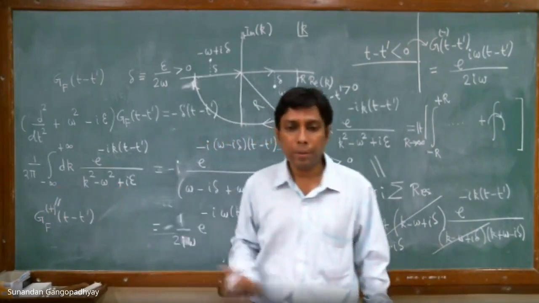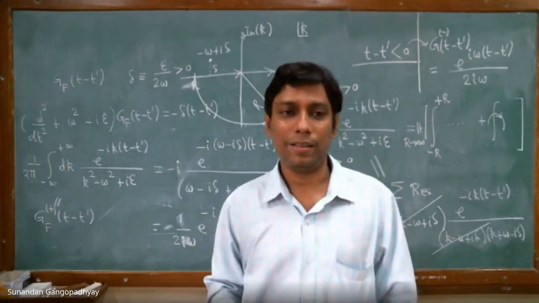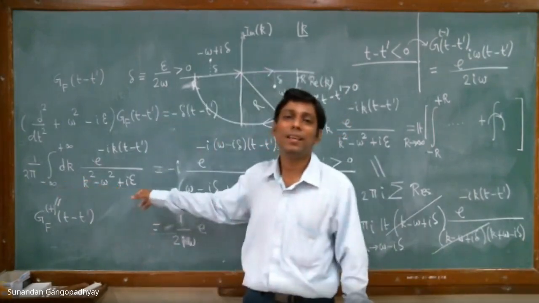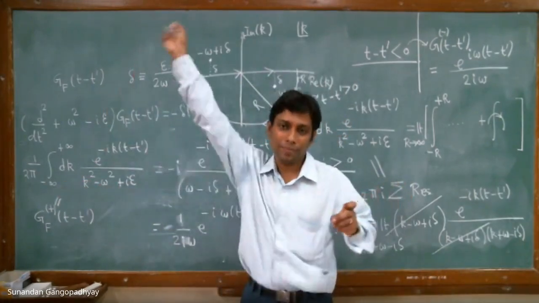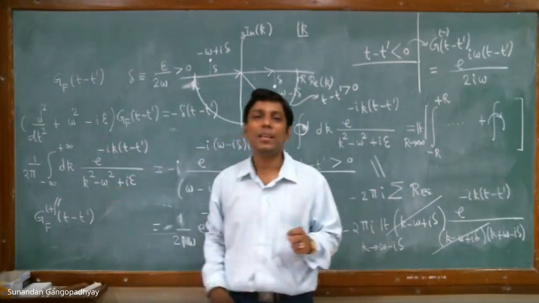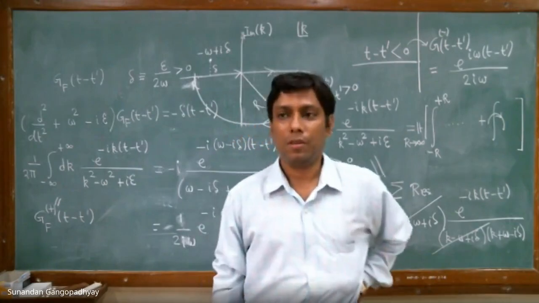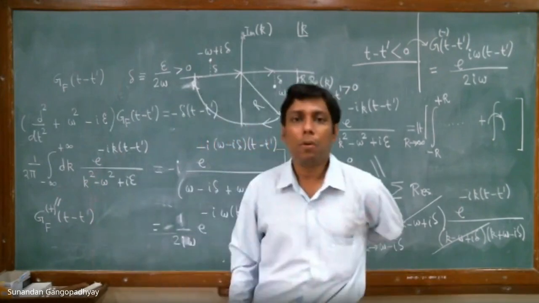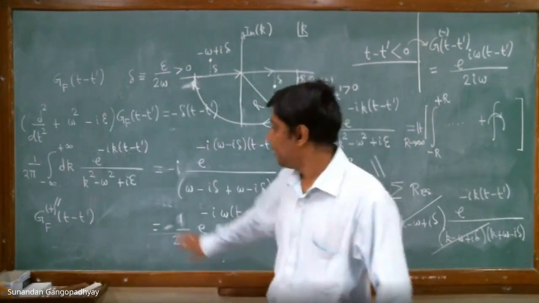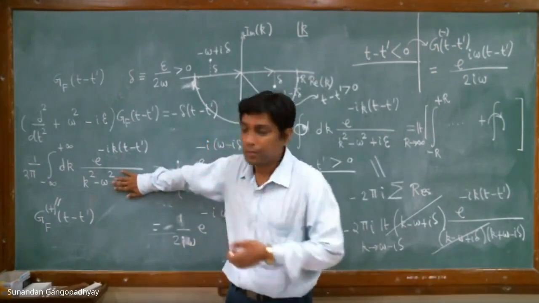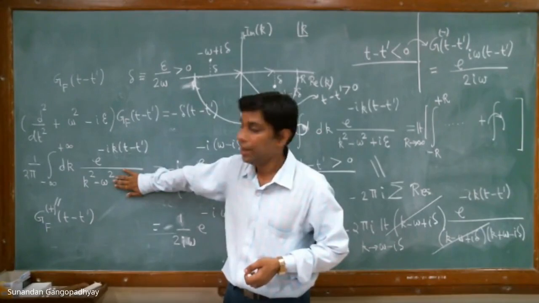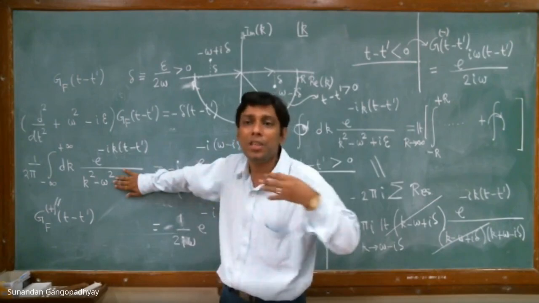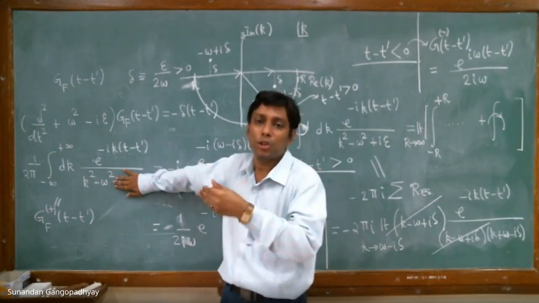This is our main aim. Our main aim is not to compute the contour integral. We don't want, that is not our aim. Our aim is basically to compute this simple integral along the real line. But in computing this integral, we see that we are facing problems. What is the problem? The problem is that this integral has poles in the complex k plane. If you remove this factor epsilon going to 0, then you see that this integral has poles in the real plane along the direction in which you are integrating. So that is the problem.